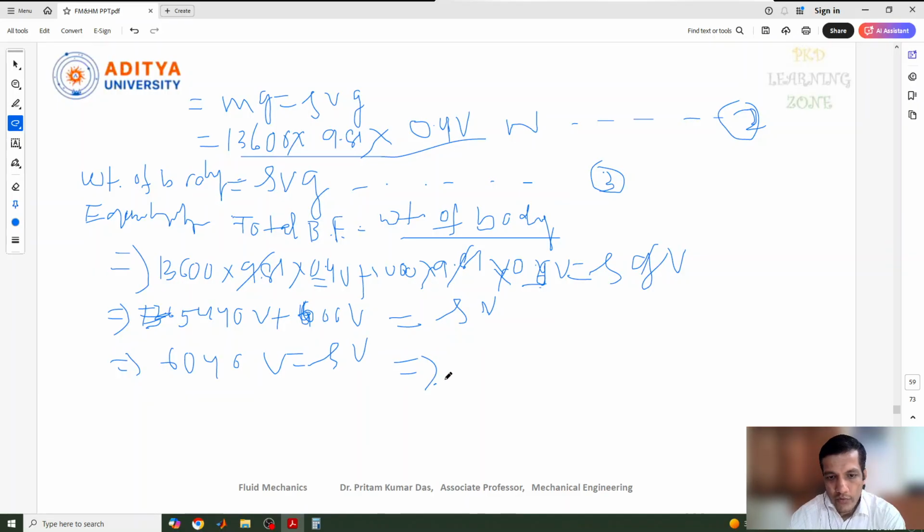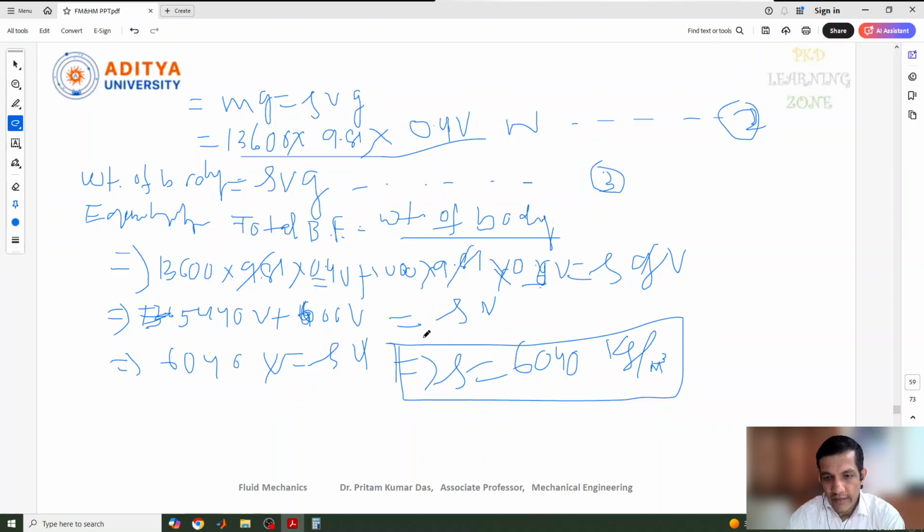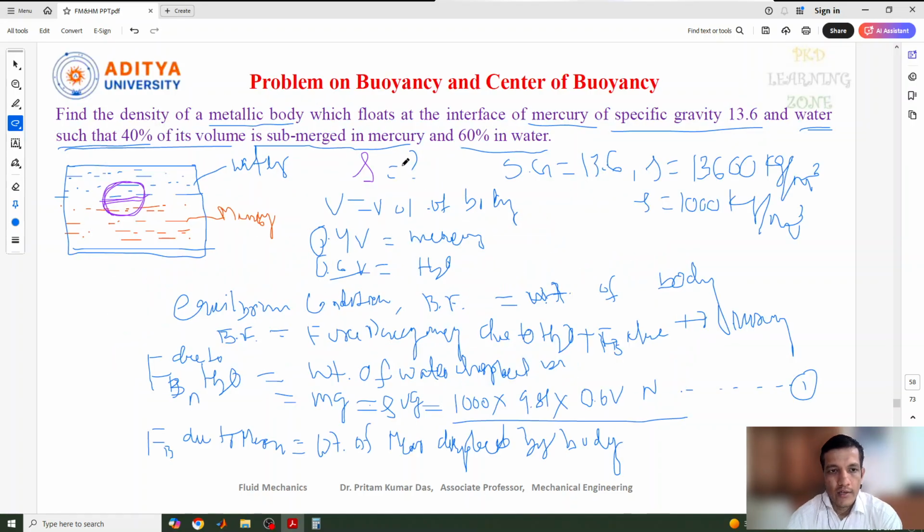So finally we need to find out the rho value. So density equals, V cancels, and the remaining is 6040 kg per meter cube. So this is the density of the object, the metallic body which is present. If you see the question, no data are given except the specific gravity and that 40% of the volume is inside the mercury and 60% is in the water. Still we are able to find out the density of the